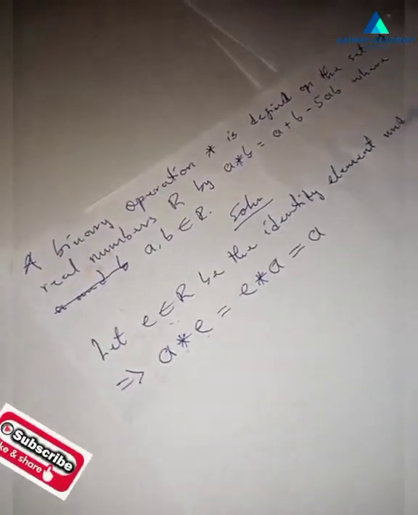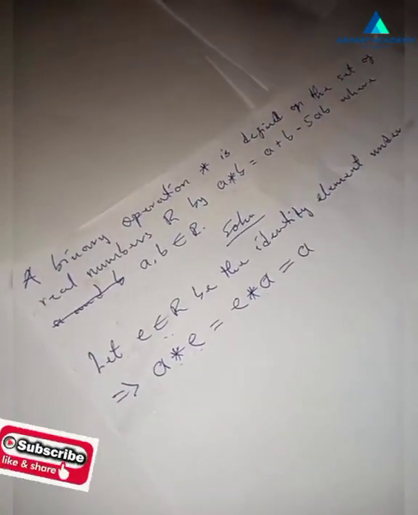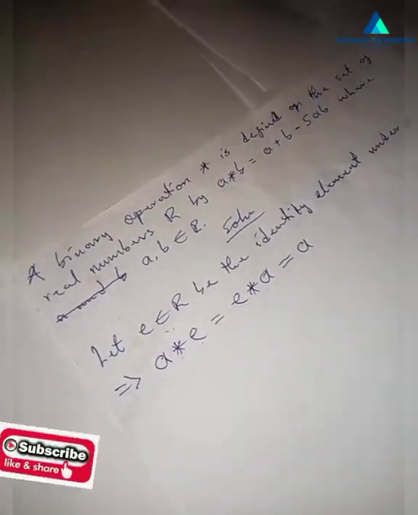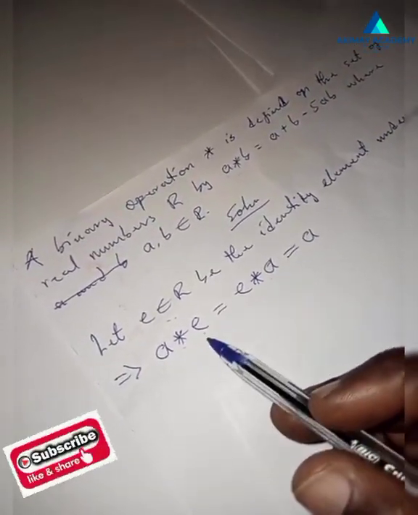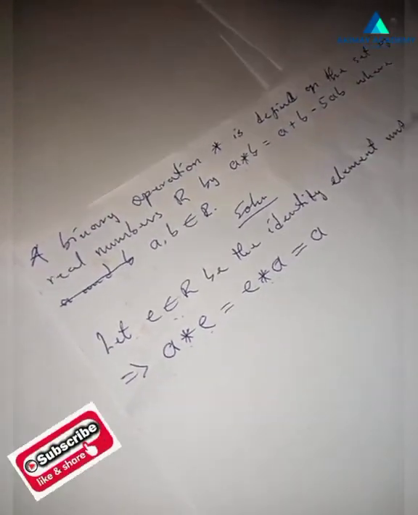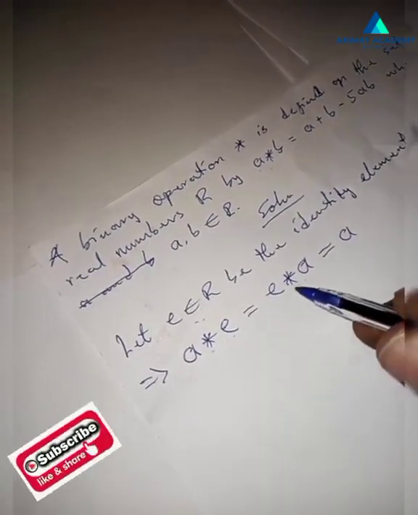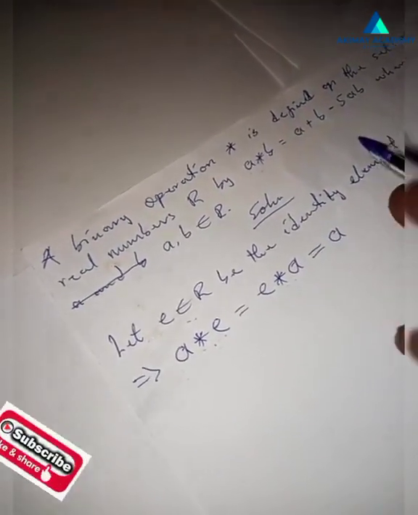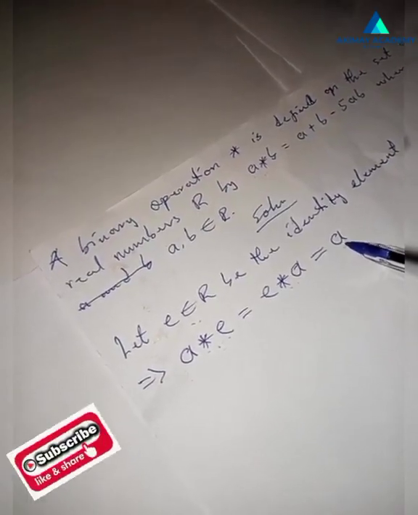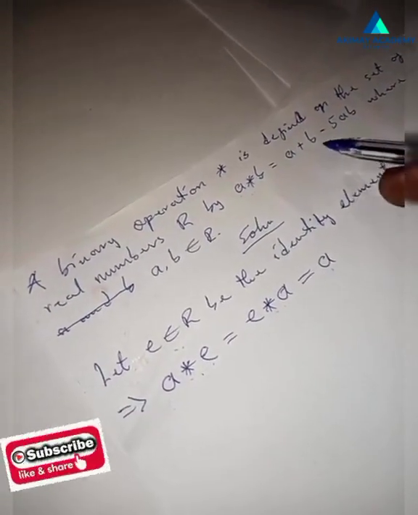Just like the addition, 0 plus 1 should be equal to 1 plus 0, and the answer should be 1, okay? So that's what we have over here. We test for what? Commutative property, okay? And it should work for all of them. So at this point, we know that you can take either this or this, you still have the same answer, which is A. So you can take one of them and fix them inside the system they gave to us over